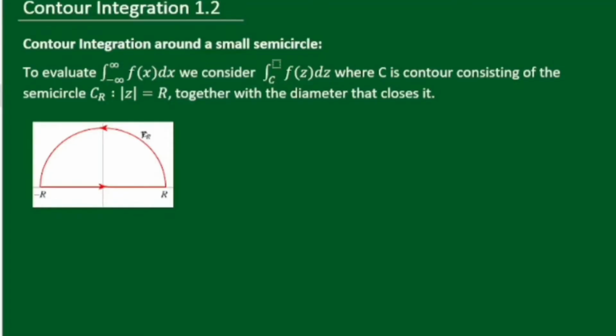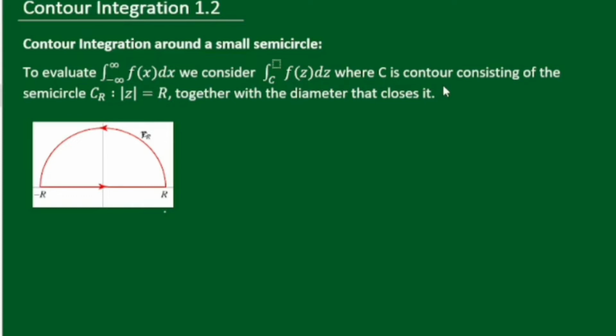In our previous video lecture, we have seen contour integration around the unit circle. In this video lecture, we'll see contour integration around a small semicircle. To evaluate the integral from minus infinity to plus infinity of f(x) dx, we consider the integral along C of f(z) dz, where